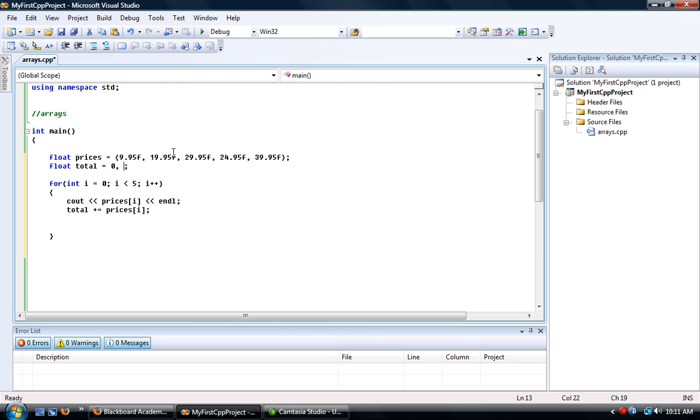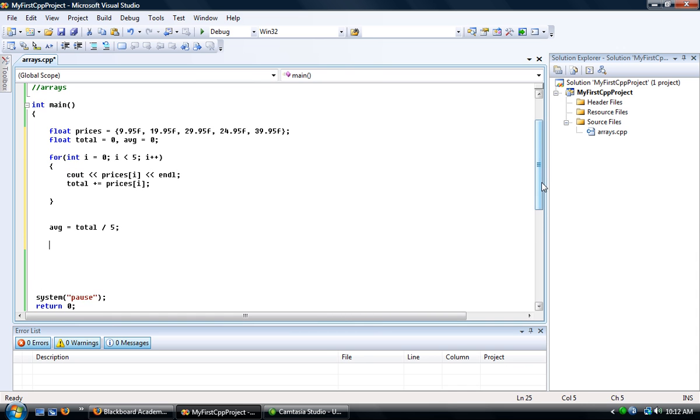Okay, let's create an average variable because we are going to have to divide the total at the end to get the average price. So here I am outside of the loop. Now we're all done. We've been through the array. We've added up all the prices. We're going to say average equals total divided by 5. Okay, and then how about printing